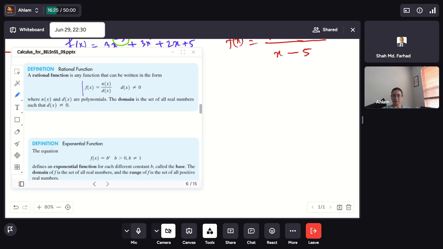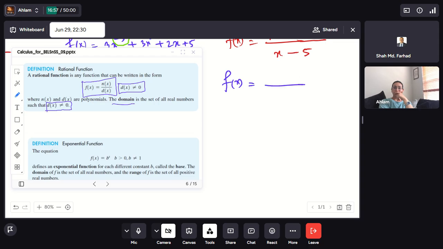So basically this is the general form of a rational function. That means f of x equals n of x over d of x, and here the condition is that d of x must not equal 0. And the domain is the set of all real numbers such that d of x is not equal to 0. That means if we are given a rational function, f of x equals 5 over x minus 2,